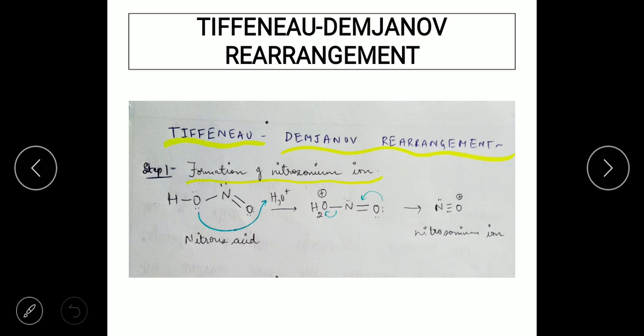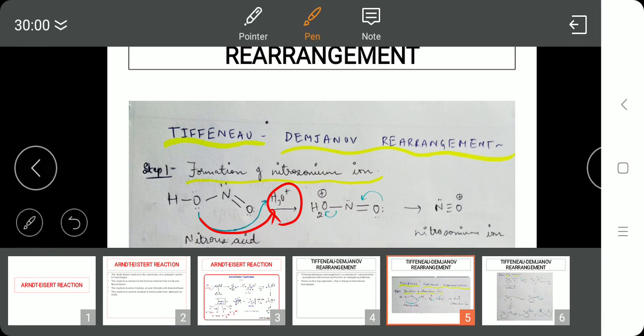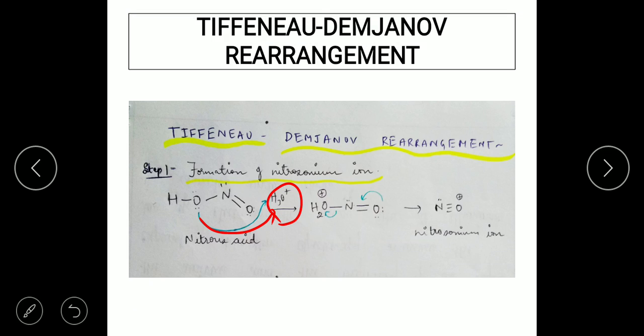HNO2 on reaction with the hydronium ion H3O+. See, the H3O+, we know it is nothing but water which has taken up a proton. So that's how it gives rise to H3O+. Now here the oxygen, which has a lone pair on it, is going to grab one of the protons from the H3O+. Once it grabs the proton, in place of 1 hydrogen the oxygen is going to have 2 hydrogens, and hence, as oxygen has 3 bonds, it is going to possess a positive charge. So again, this oxygen with its lone pair grabs a proton from the hydronium ion to give rise to H2O+.